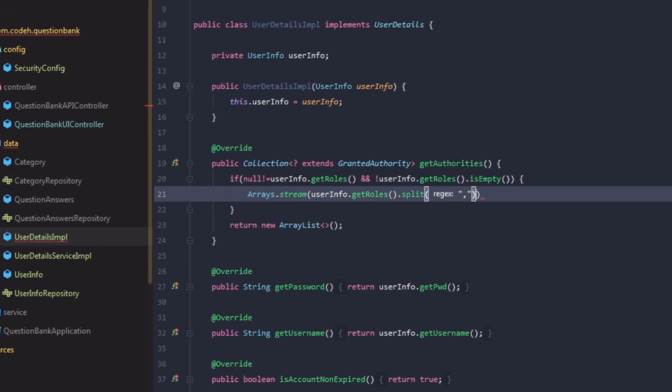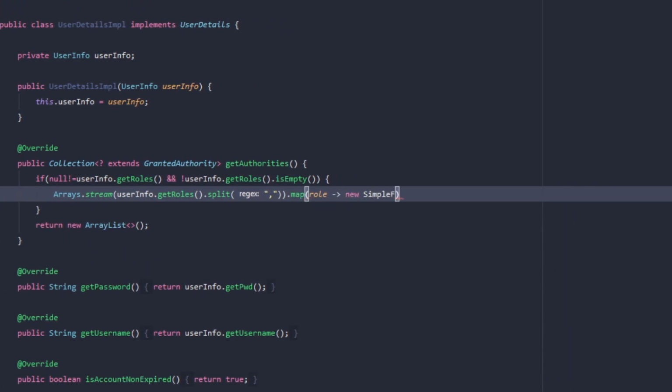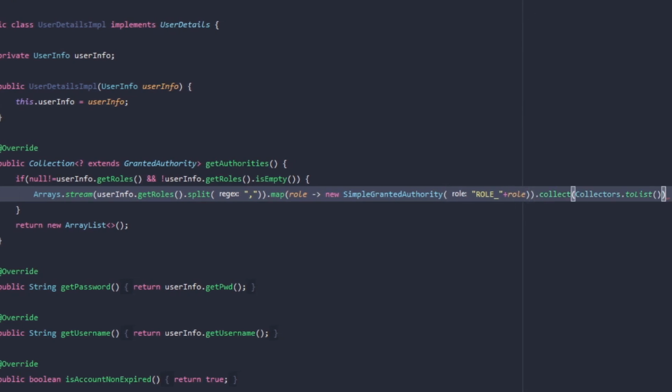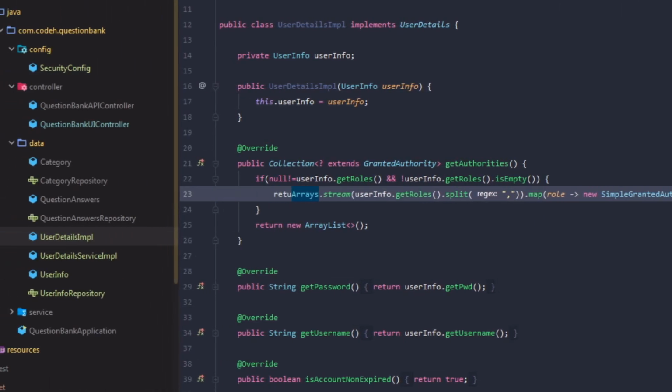On the resulting stream, we will apply the map function which creates a new SimpleGrantedAuthority with a ROLE underscore prefix to the string role and returns the resulting stream. On that stream, we will use the terminal operation collect, which will convert it to a list using the Collectors.toList method. This method will now return a list of granted authorities.